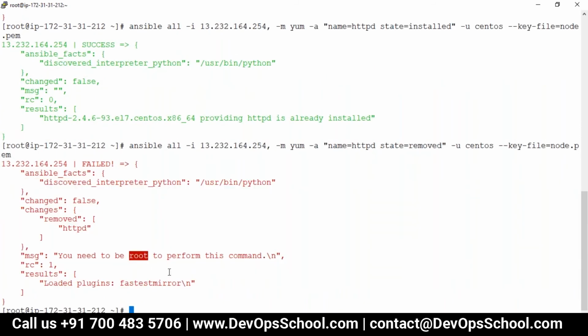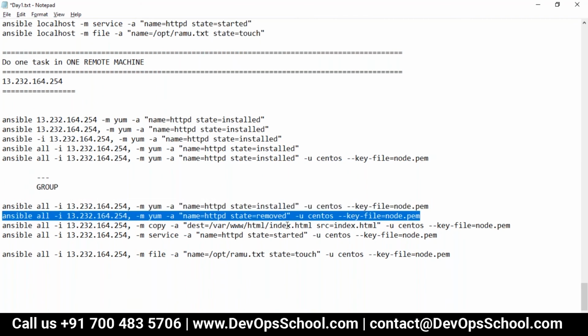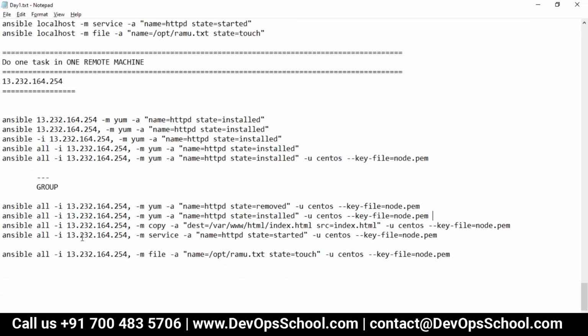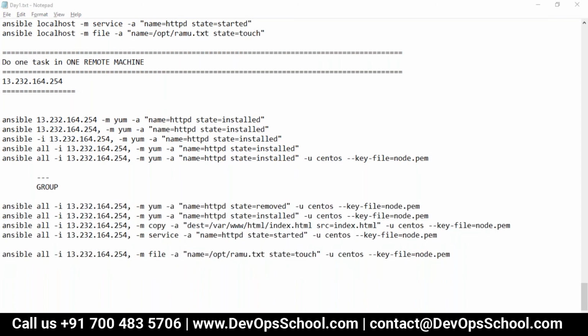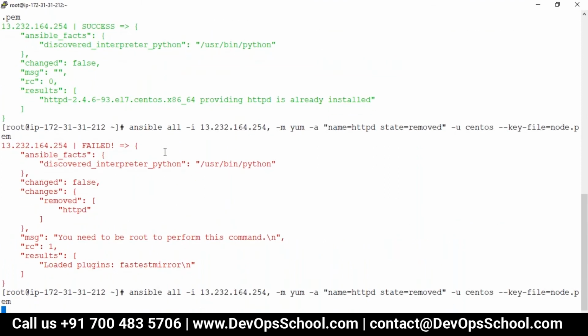So what is happening? See here, for querying you don't need a permission, but to make changes you need a permission. Guys, the problem here is I don't know what to do. Here I want to remove it, but there is a permission problem. So what do we do in this case?